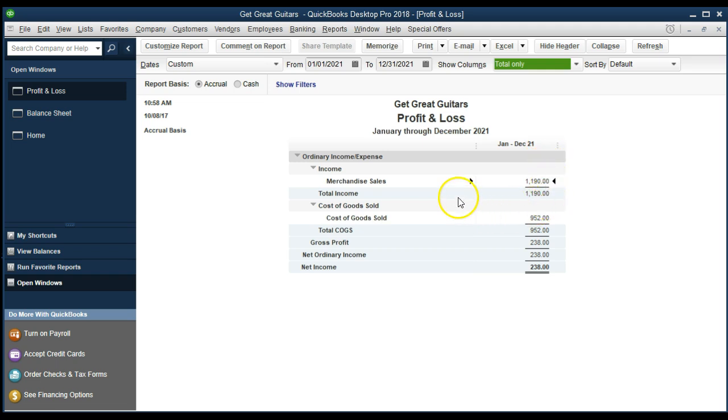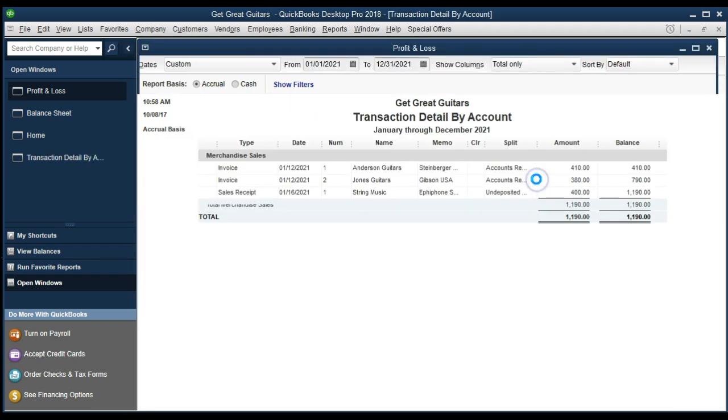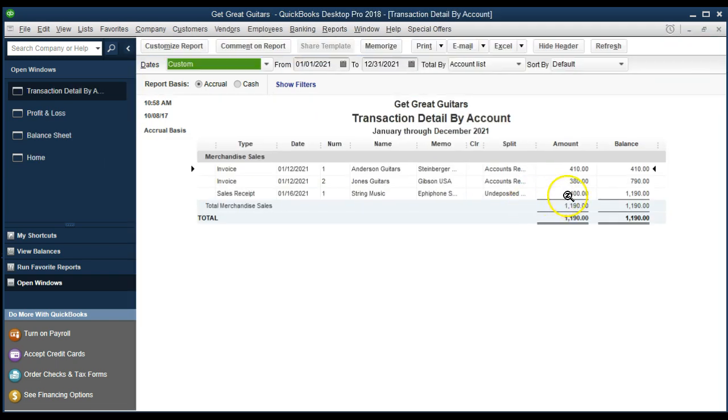So we have our sales, merchandise sales. I'm going to double click on the merchandise sales. And there we have that. And there's our 400 there. Note what is not there, the 20. We collected 420, but the 20 we received wasn't sales. That went to who we owe. That went to a liability because it went to sales tax. We owe the state that